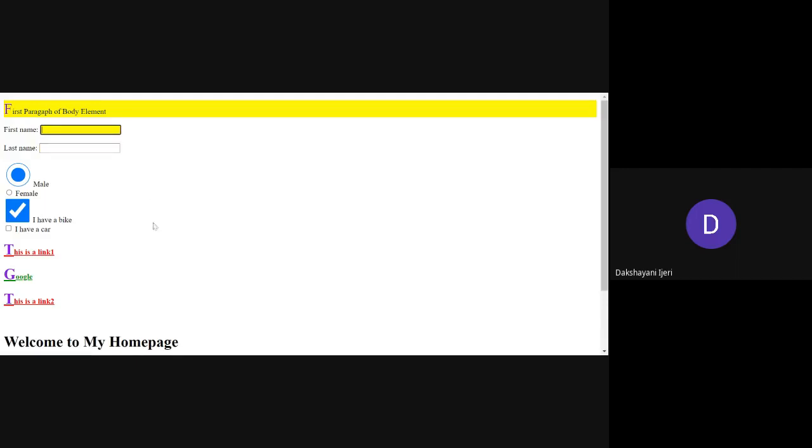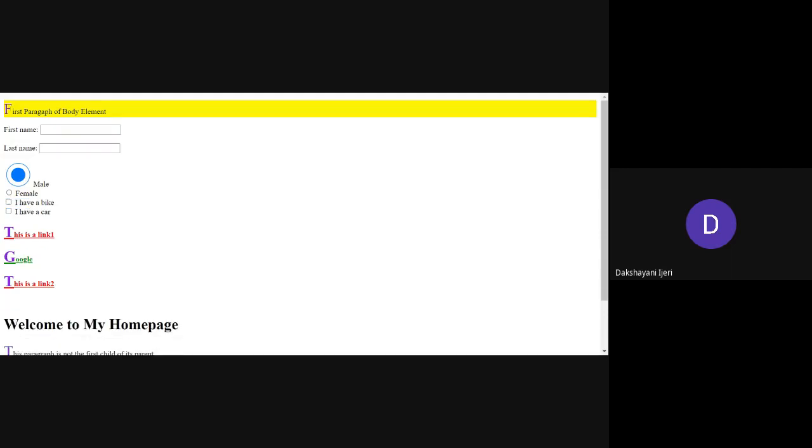One more property that we have set is with respect to the radio buttons or the check boxes. I told you that whichever radio buttons or check boxes you create, you can see here these are the radio buttons. The one with the round shape is a radio button, and the one with the square boxes is said to be a check box.